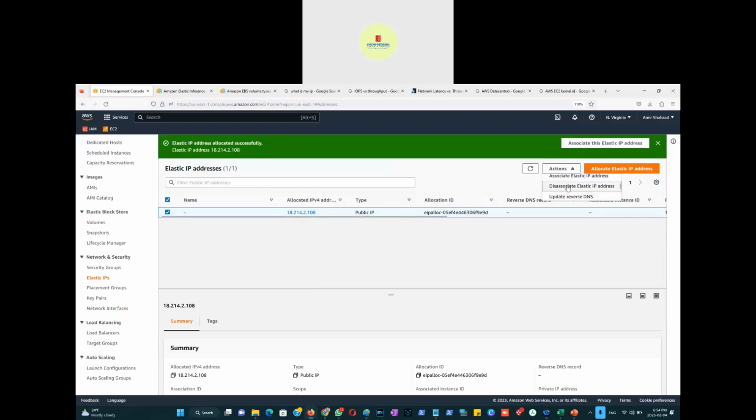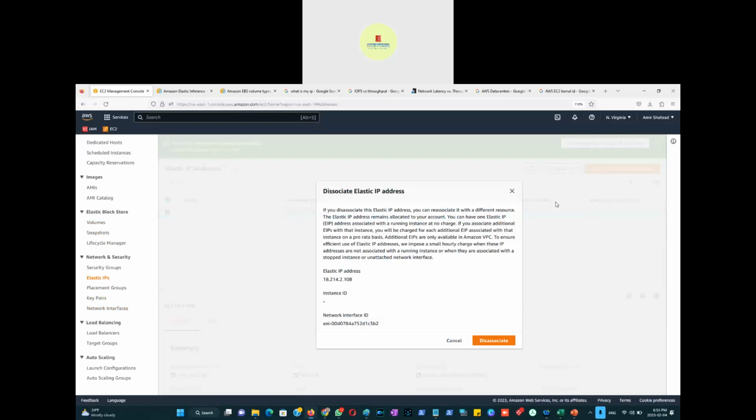Whoa, what is this? I can't. Okay. Disassociate, elastic. I'm going to go for disassociate because it doesn't give me the option to delete, right? Either associate or disassociate. If I go disassociate,